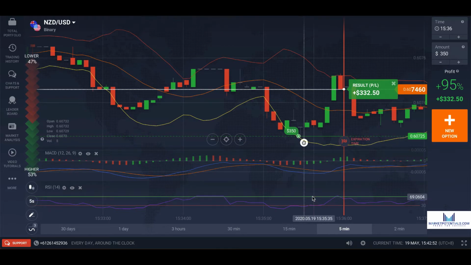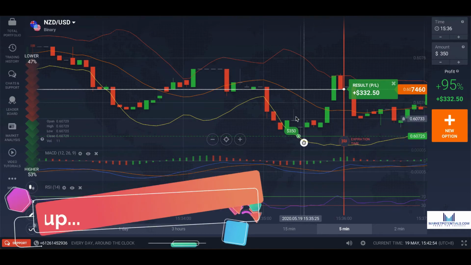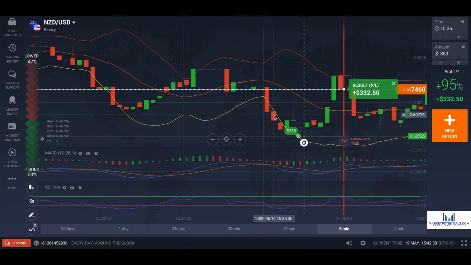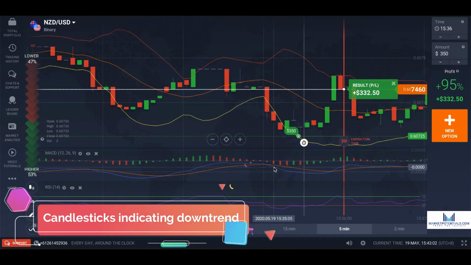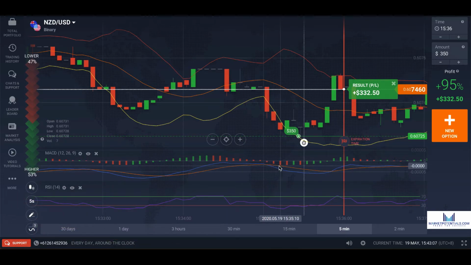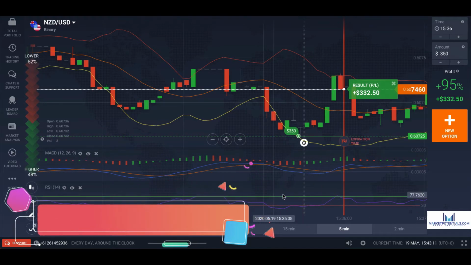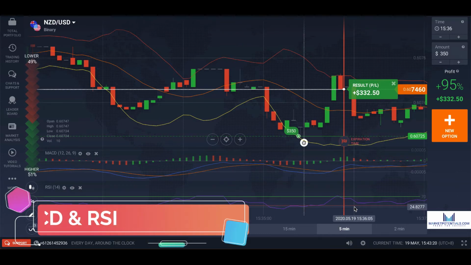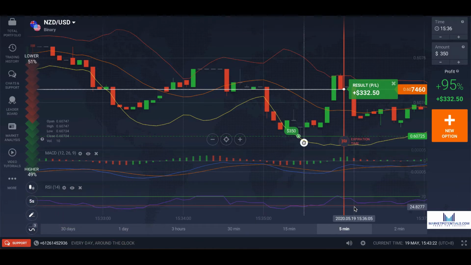So again, coming back to the trade, I selected higher because if you look at the technical analysis here, you can see that the candlesticks are indicating a downtrend. Now, this is the same thing that's shown by the MACD and the RSI. With an MACD chart, if you see the red line above the blue line, it means it's in a downtrend. Same thing for an RSI. If the line is below the red line here, it means it's in a severely oversold condition, all right,